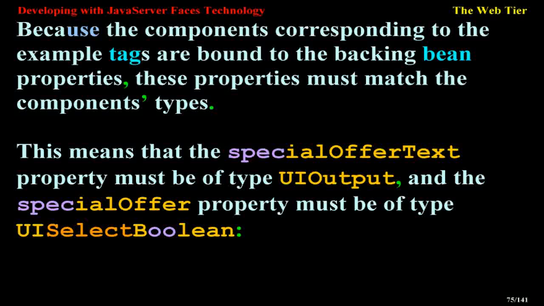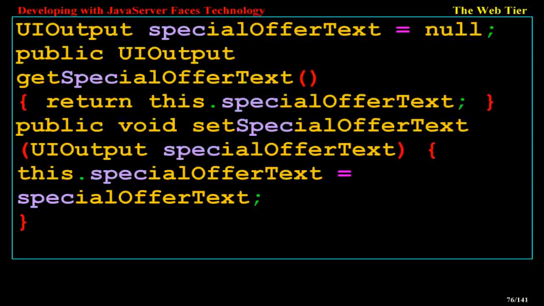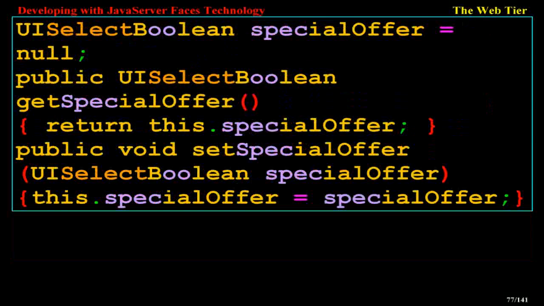This means that the specialOfferText property must be of type HtmlOutputText, and the specialOffer property must be of type HtmlSelectBooleanCheckbox. HtmlOutputText specialOfferText = null; public HtmlOutputText getSpecialOfferText() { return this.specialOfferText; } public void setSpecialOfferText(HtmlOutputText specialOfferText) { this.specialOfferText = specialOfferText; } HtmlSelectBooleanCheckbox specialOffer = null; public HtmlSelectBooleanCheckbox getSpecialOffer() { return this.specialOffer; } public void setSpecialOffer(HtmlSelectBooleanCheckbox specialOffer) { this.specialOffer = specialOffer; }